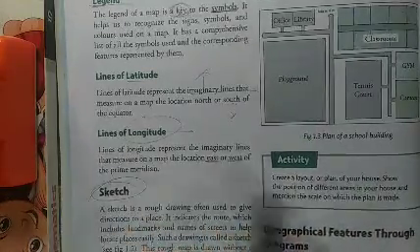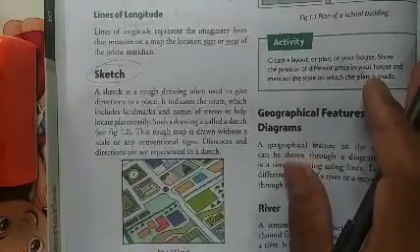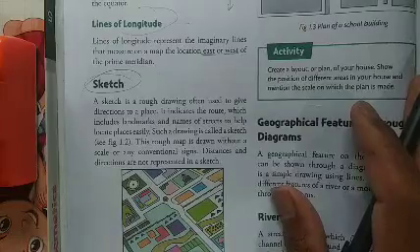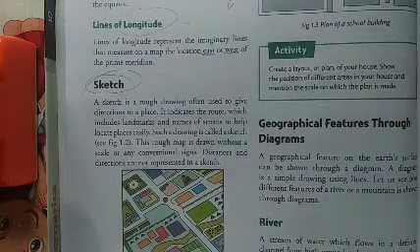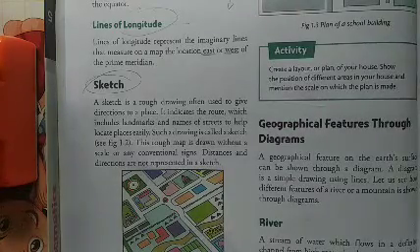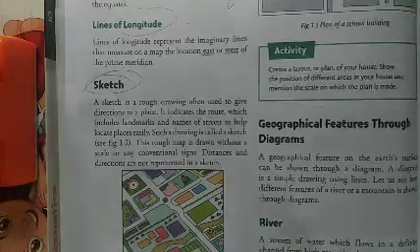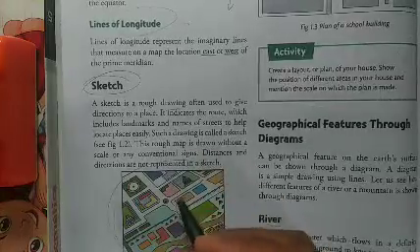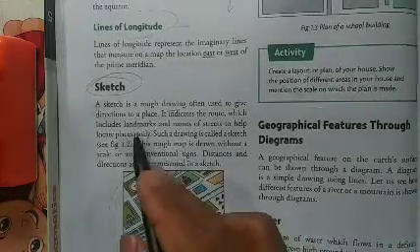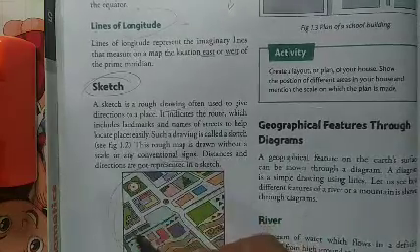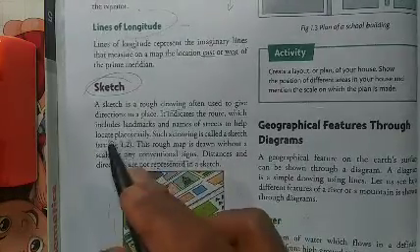Then comes the next tool, that is a sketch. A sketch is a rough drawing often used to give the direction or place of places. These indicate the route, including landmarks and the name of the street, with the help of which places are located easily. Such a drawing is called a sketch. A sketch is a small drawing that shows different routes and landmarks and the name of the street, drawn on a small piece of paper, due to which